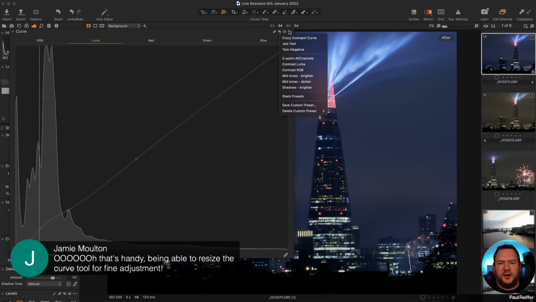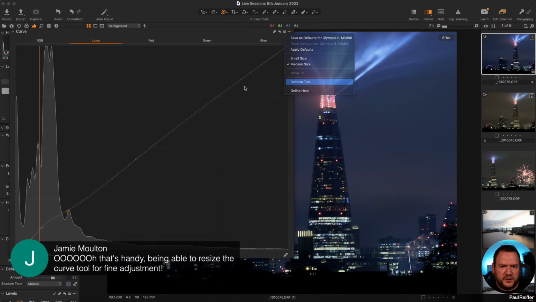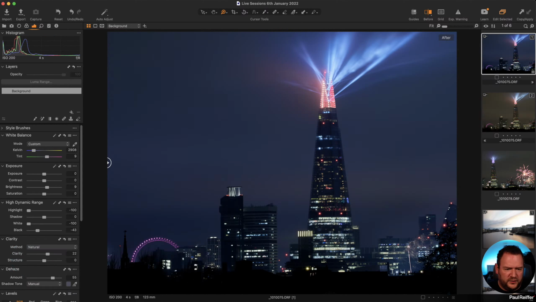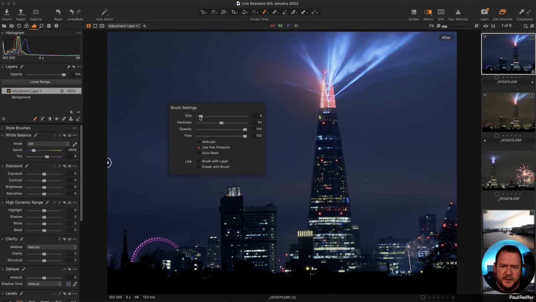Okay, so with that done, let's look at anything else in this shot that I'm worried about. Not particularly. I might want to darken this bit on the right-hand side, I think it was to Michael's point. Let's add a quick little layer brush.